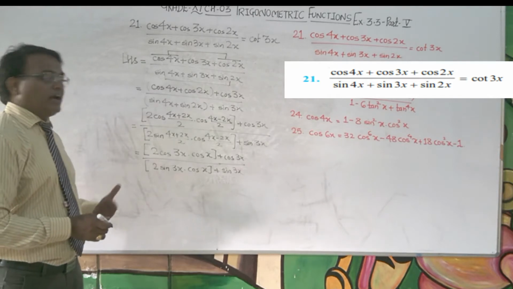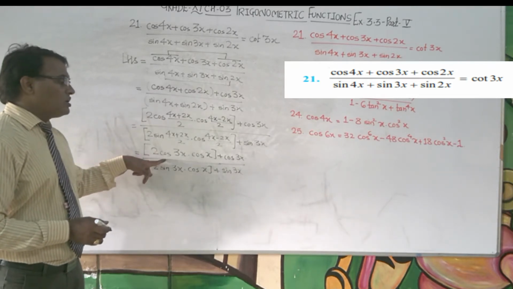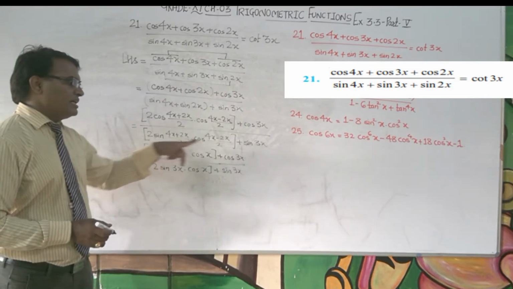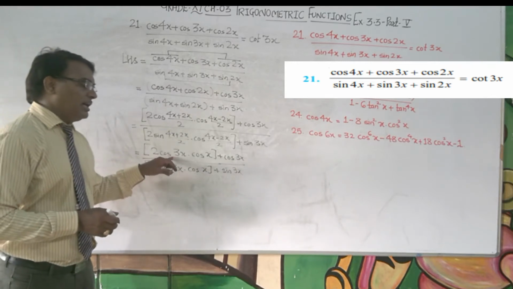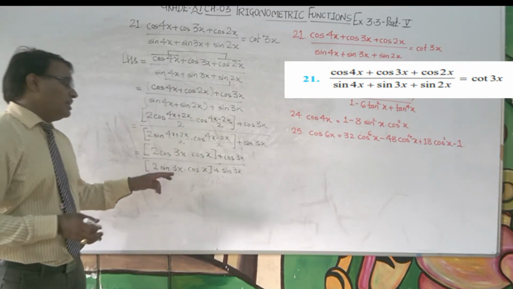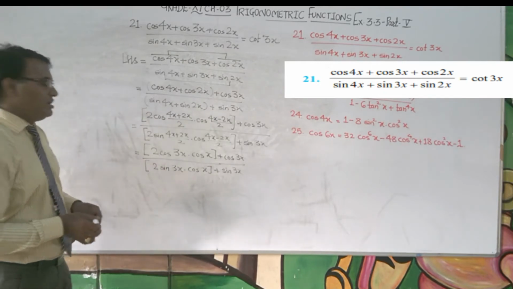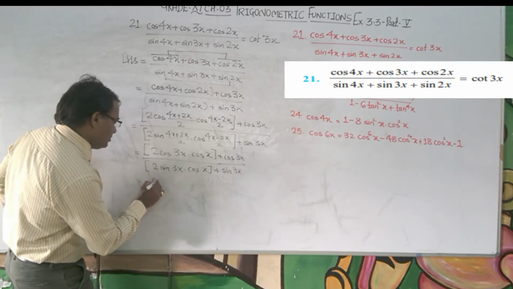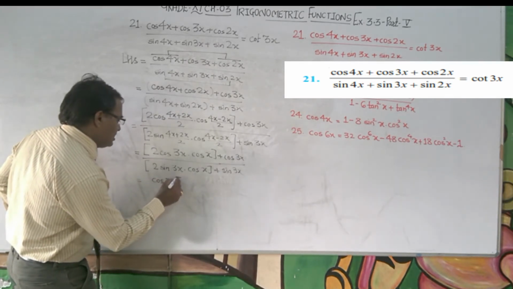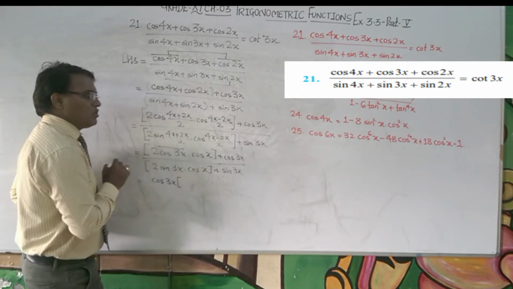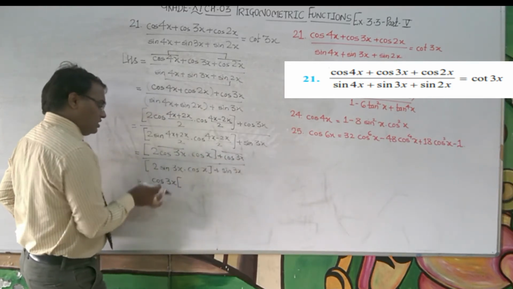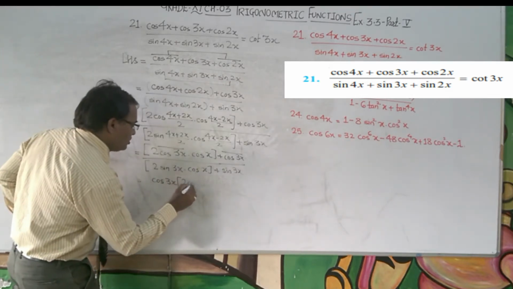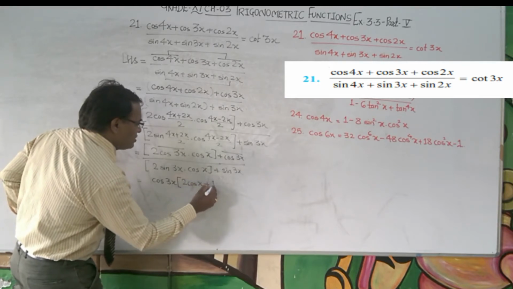That you have to identify. Here it is cos 3x and cos x. So can you think something about this cos 3x and that cos 3x? Same thing here, sin 3x and then sin 3x. What can we do? We can take common. In that, cos 3x is common, right? From these two, cos 3x is taken out. So what is remaining? 2 cos x plus 1.